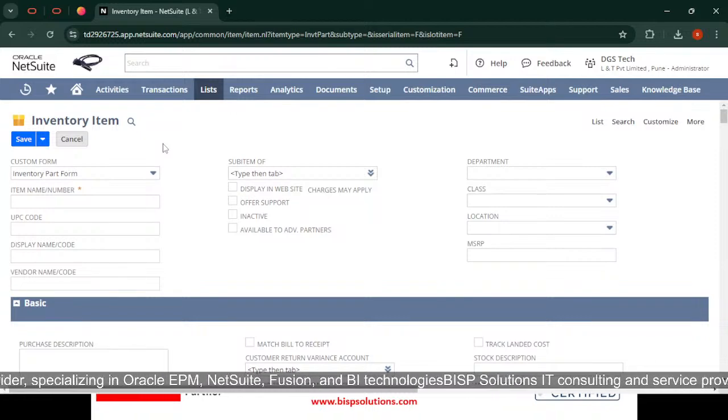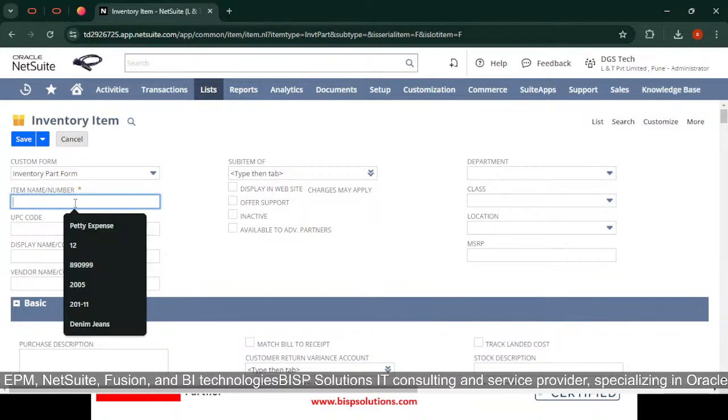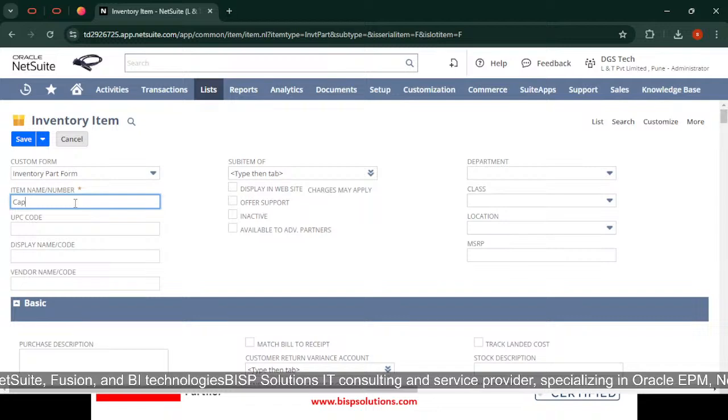Suppose we are taking company ABC Electronics and item name is capacitor, part number CAP 100. Okay,